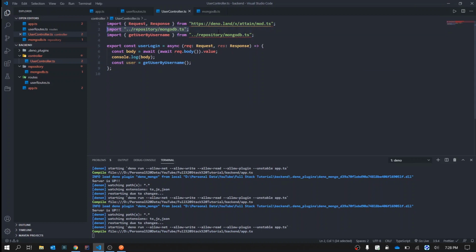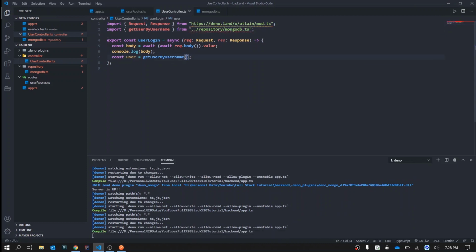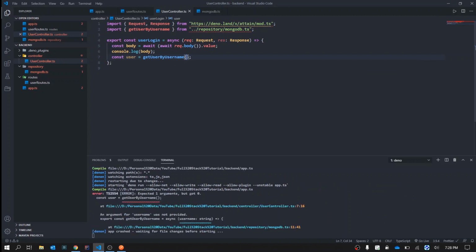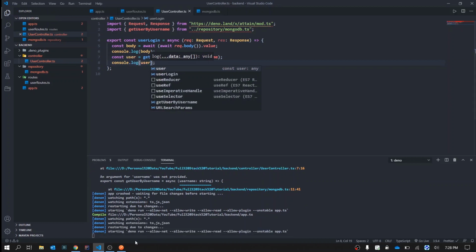We can remove this. That was just to show you. Yeah. So get user by username, and what we need to pass is our body dot username, and then for now we'll just console dot log it again. User. Yeah. I hope it should work.